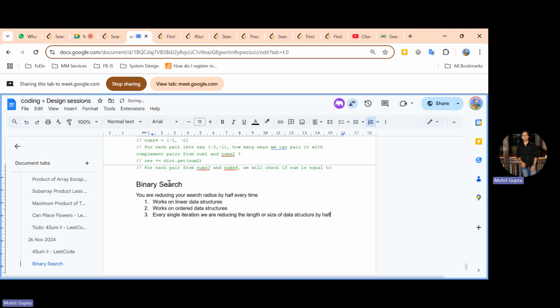Now we are not exactly reducing it by half practically. We are reducing the search, the searchable or the search radius basically. That's what we are reducing. Okay. So just to give an example, if we have an array like this where 1 4 5 6 7